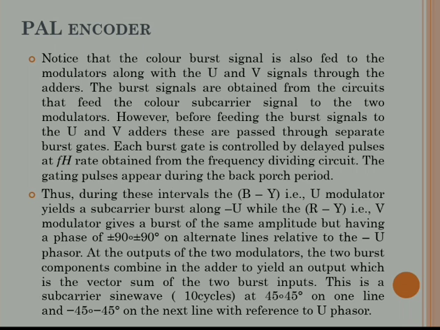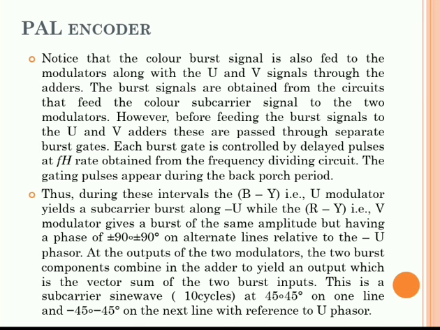Because Y is not being passed through the band pass filter, we have to produce the same delay line into the Y signal. We are providing a delay section. Then we are giving that U signal to the U modulator, that is balanced modulator, and V signal to the V balanced modulator, and the color burst signal is also provided to the U modulator and V modulator. After that, they are added at the output of the modulator as an adder section, and whatever we get at the output is the composite color video signal.